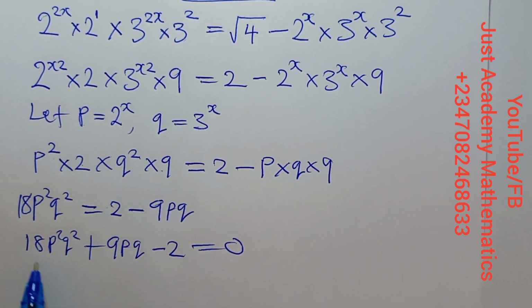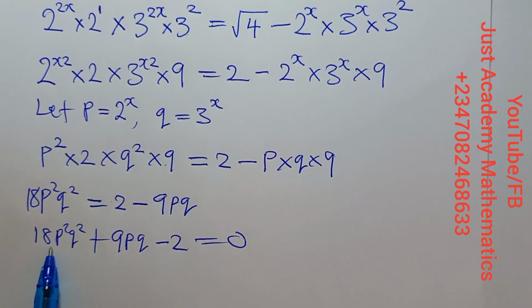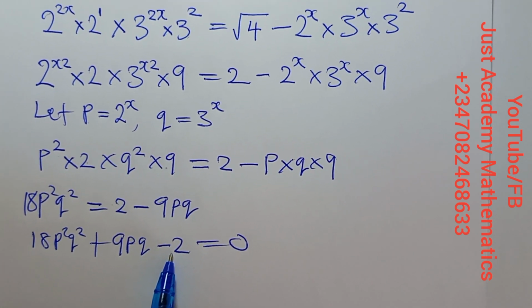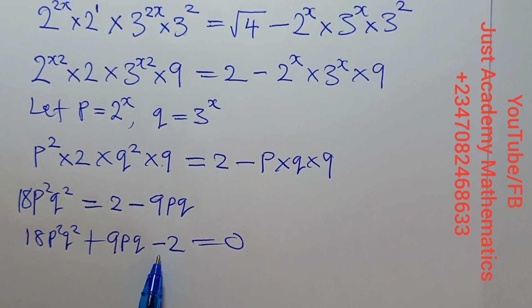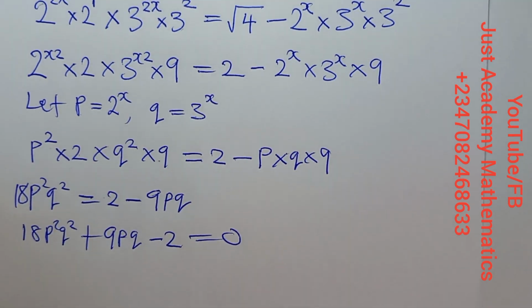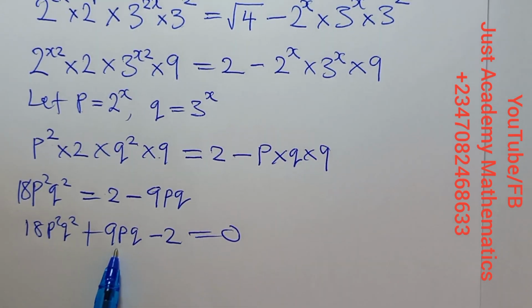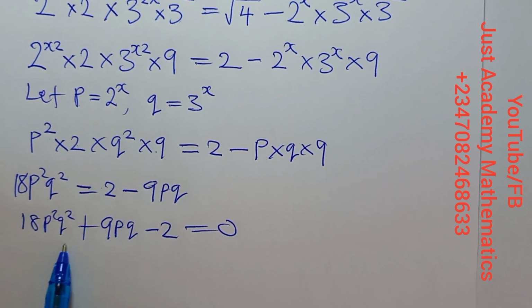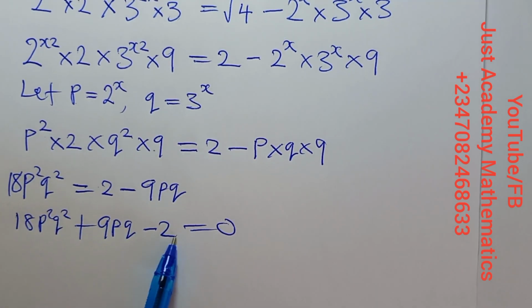To give us 18, to give us 9, and times to give us 36, and that will give us plus 12 minus 9. Two numbers we will add to give us 9. That is 12 minus 3 will give us 9, and 12 times minus 3 will give us minus 36. So let's